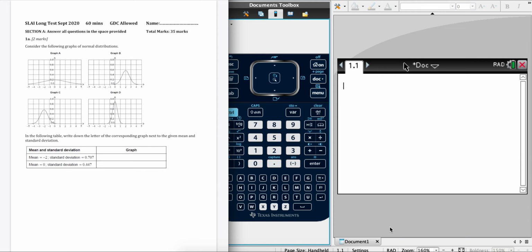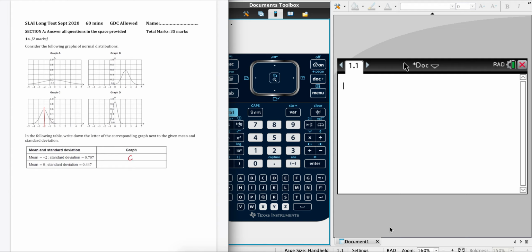Okay, whereas this one has a much bigger standard deviation, it's very, very spread out. So the first one is asking us for a mean of -2. So the mean is the central point. So this one has a mean of -2. This one is 0, this is +2, and this is 0. So the only one that's got a mean of -2 is the graph C, and therefore this must be graph